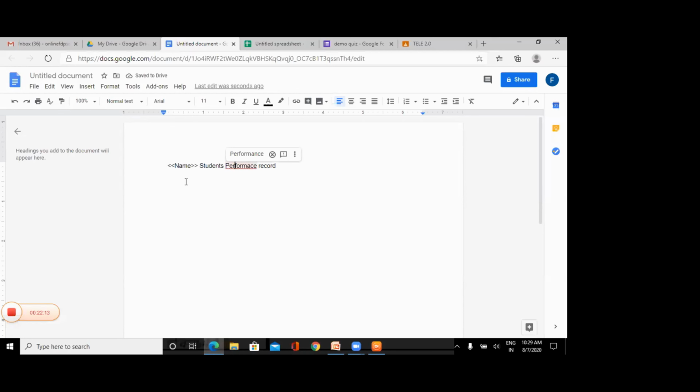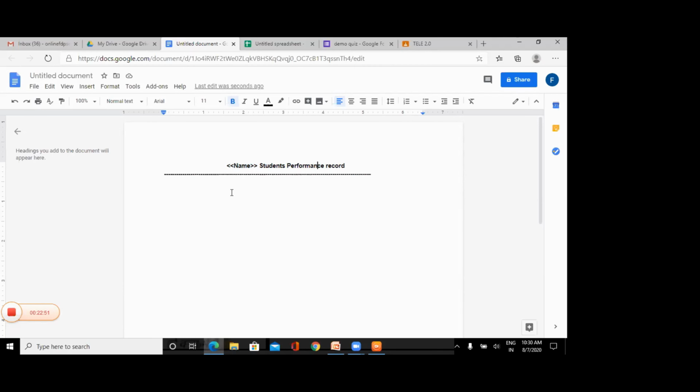That's what I want. Okay, so I just have to make a template in Google Docs with one tag called name. I just have to put it in angular brackets to make it a tag. Please make a note, professors. If you don't put the angular brackets, then it won't act like a tag. It will act like simple regular text, as in student performance record. So you just have to make sure that you put two angular brackets before the tag and two angular brackets after the tag.